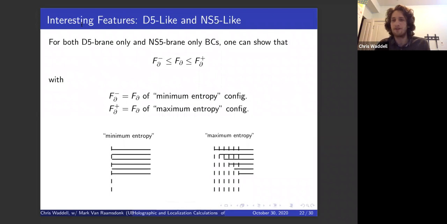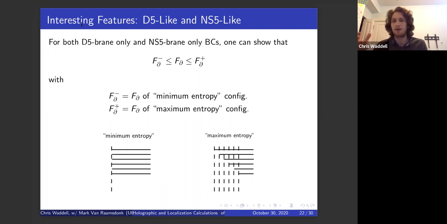Another interesting feature of these particular kinds of boundary conditions is, first of all, we should keep in mind that if we're interested in a general boundary condition, which can consist of both D5s and NS5-branes, then there are infinitely many such boundary conditions which respect the symmetry that we're assuming throughout this talk. But if we restrict to a boundary condition with only D5s or only NS5s, then we essentially have finitely many